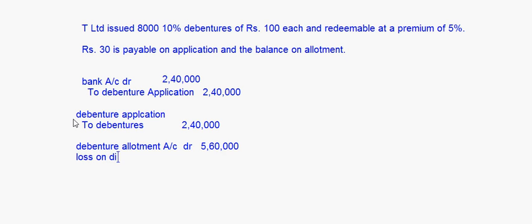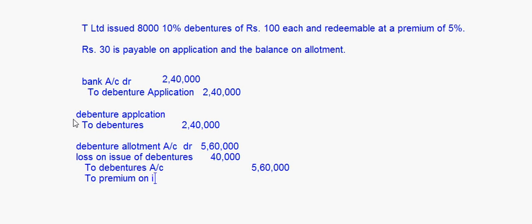Now here we will put loss on issue of debentures. Now for 8,000 debentures, the premium is 5%, so 5 rupees, so 8,000 into 5 is 40,000, right? To debentures account, it's again 5,60,000 here. 8,000 into 70, and this one is to premium on redemption of debentures. This will be 40,000 again,